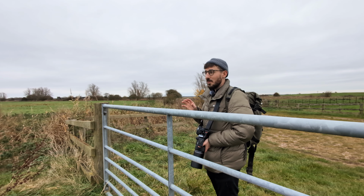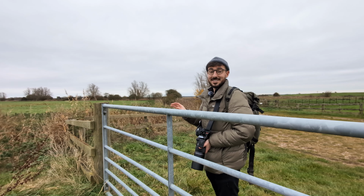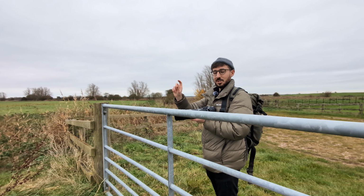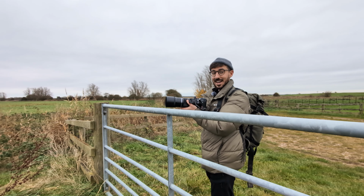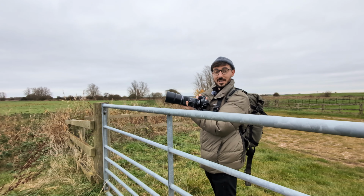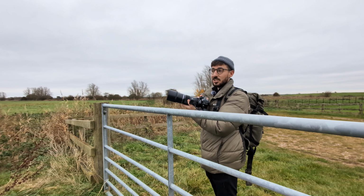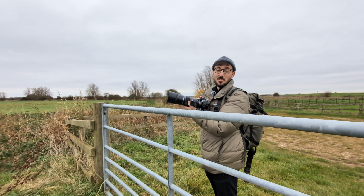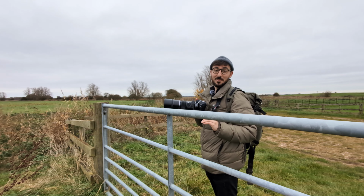It's very hard to know when you're taking the shots, whether any of them are going to be usable in that series that you've just taken. You've just got to trust in your ability to keep the subject within the focus point that you've got specified. Pan as smoothly as possible with the subject, and then you've just got to keep shooting. I'd recommend as high a burst mode as you've got on your camera, because the chances are you might take, say, 1,000 shots. There's probably going to be 2 or 3 usable shots, but those shots will be something different